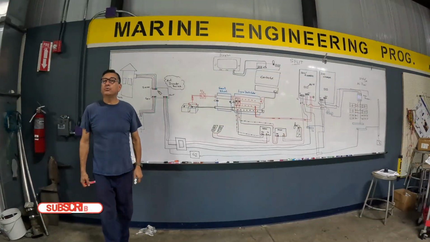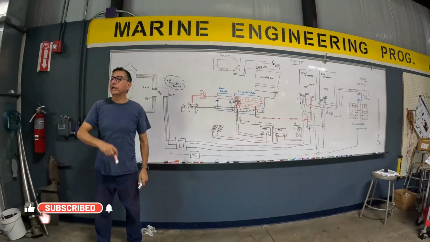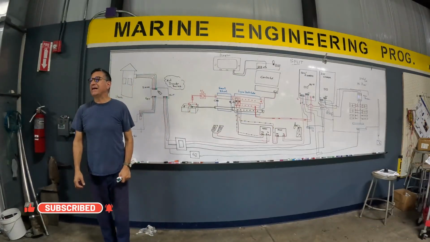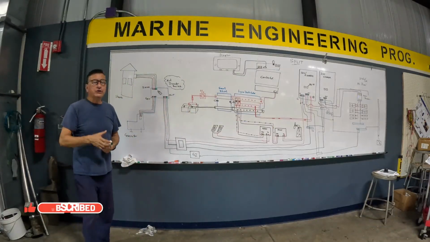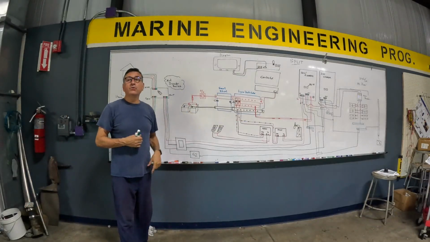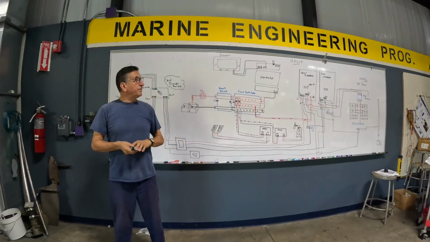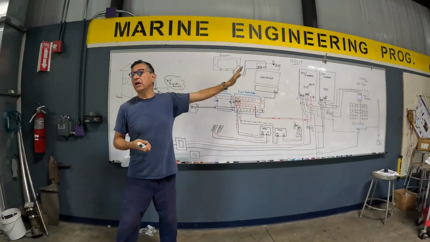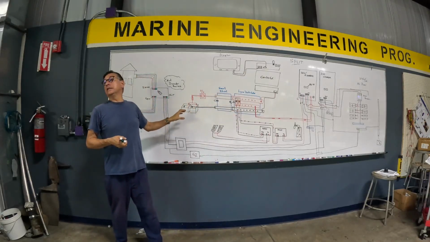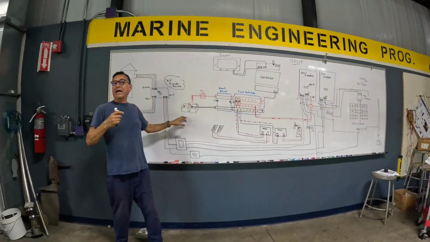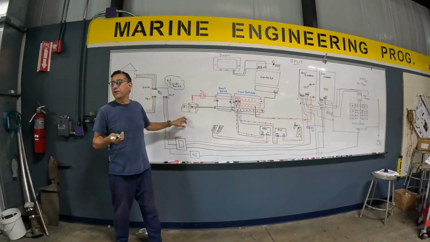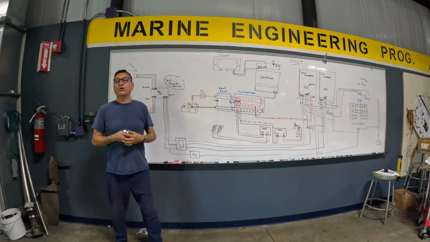Okay, we are going to start with the DC current. I am going to start on the battery bank. Of course, I calculate the battery bank with the formula that I taught you in a previous class. Depending on how much is the output in AC, I am going to put that power in the input. I am going to add 20% more, and after that, with that power, I am going to take a